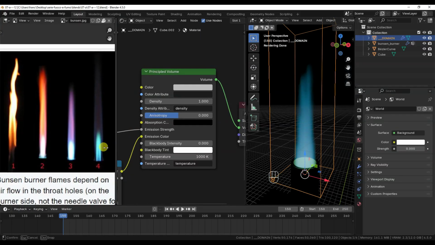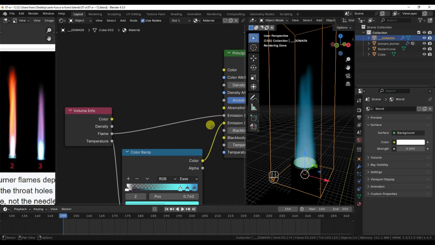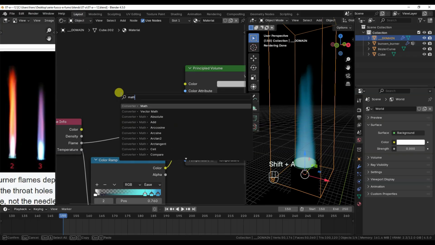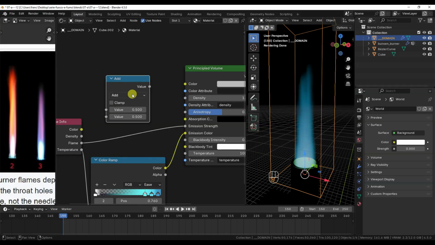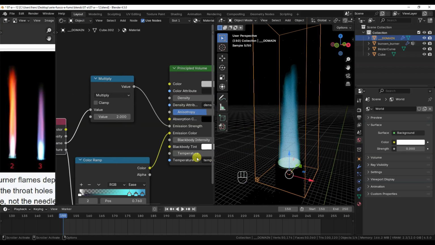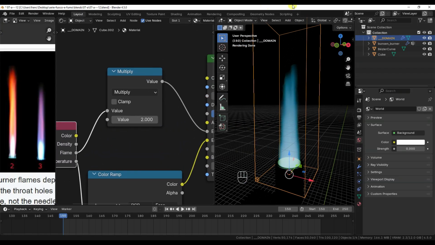Don't limit yourself to the setup I just showed you. Experiment with other material nodes as well. For example, you can add a math node set to multiply or power to modify the emission strength, altering the information coming from flame. Moreover, the parameters of these nodes can have keyframes, so you can animate the flame's intensity through these nodes by changing the material without having to adjust the fluid component fields of the simulation.